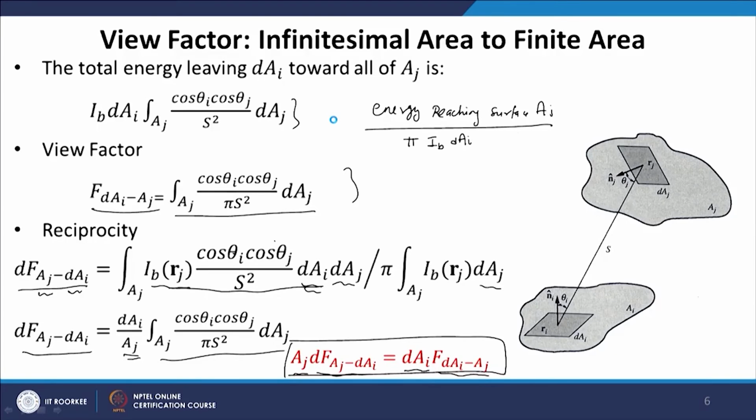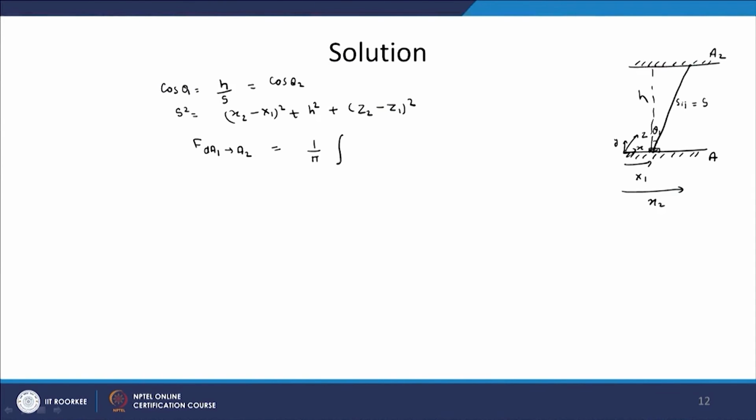Let me just quickly show you the expression. So, this expression we are going to use for the view factor: F dAi Aj is equal to cos theta i cos theta j upon pi s square dAj. Okay. So, this can be defined as